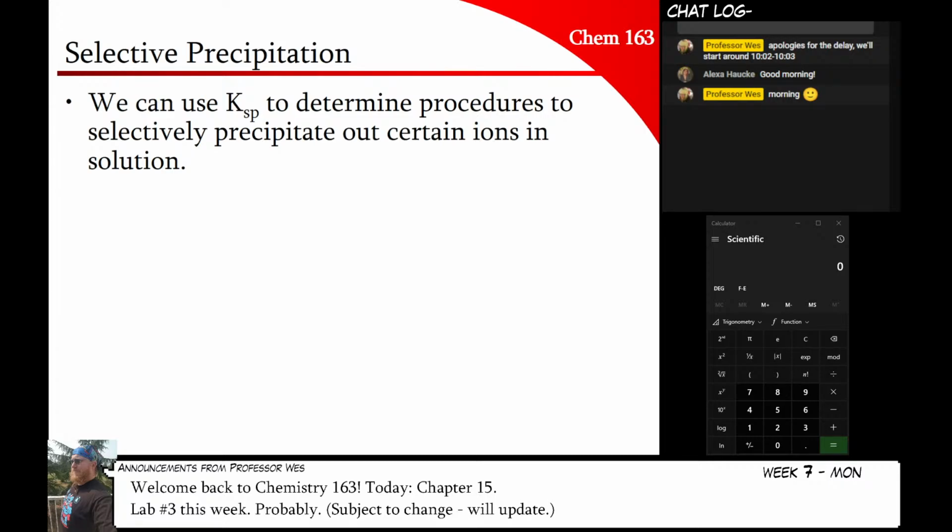Chapter 14, we're still sort of dealing with that stuff because the quiz for Chapter 15 has a bunch of Chapter 14 stuff on it, too. So yeah, we're going to have that going this week. And then the Chapter 15 quiz, I should say, will be due either this week or next week. I haven't decided yet. It's going to depend on how far we get through today's lecture. So I'll make a decision probably by the end of the day,